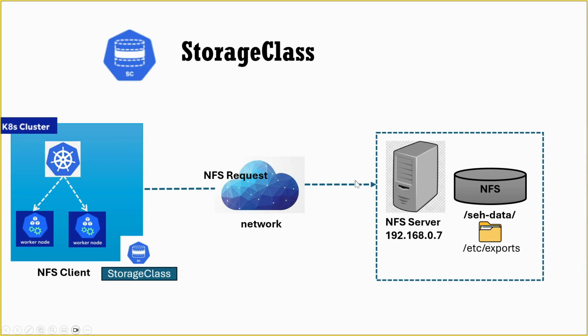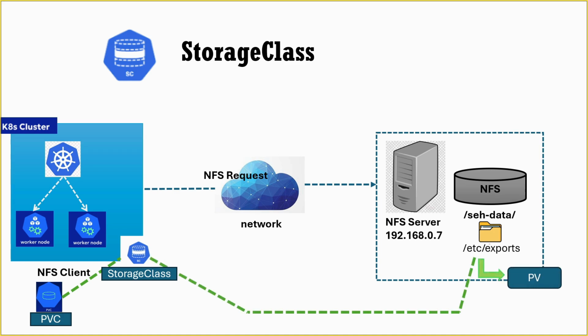What happens next? Now the DevOps team does not need to worry about creating persistent volumes anymore. Whenever an application needs storage, the DevOps team creates a PVC. That PVC references the storage class. As soon as the PVC is created, the storage class dynamically creates a persistent volume. For example, if a payment service requests storage, Kubernetes may automatically create a directory like /schdata/payment. Similarly for the analytics service, and the same for any other applications that need persistent storage. This entire process is called dynamic provisioning.